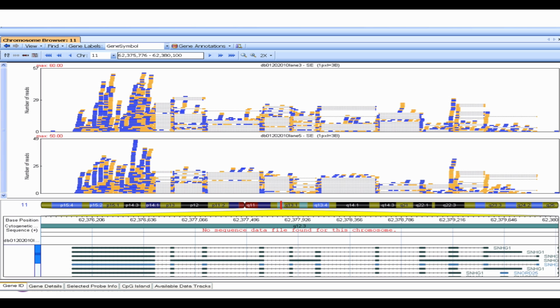I'm also going to briefly, depending on how quickly I talk, show you how to visualize your data in a genome viewer called IGV, Integrative Genome Viewer, which is produced by the Broad Institute. The nice thing about the IGV is if you zoom in, you can see each individual read as one of these little color-coded lines. In this particular view, they're blue and yellow, indicating reads on the forward strand and reads